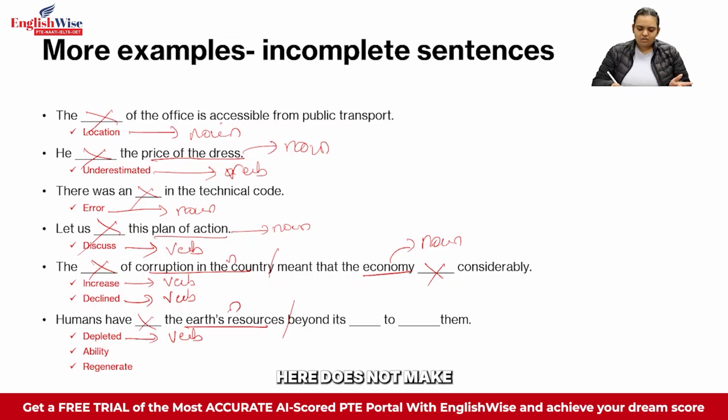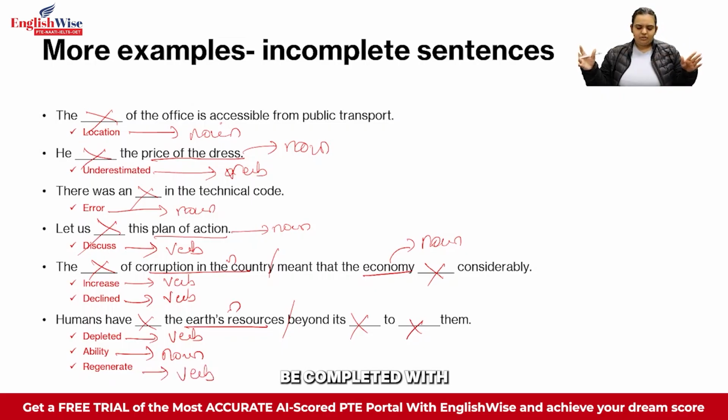Again, this over here does not make sense without this blank, so I will put a noun over here. So the noun is ability: beyond its ability to them. Again, beyond its ability to them, without this blank also the sentence is not making sense. So I will put another verb, regenerate. Now again, the whole sentence can be completed with these words like: humans have depleted the earth's resources beyond its